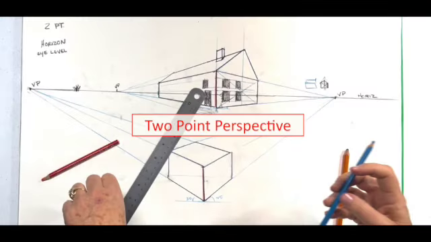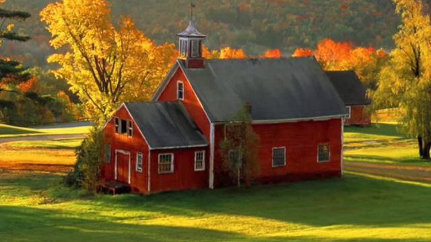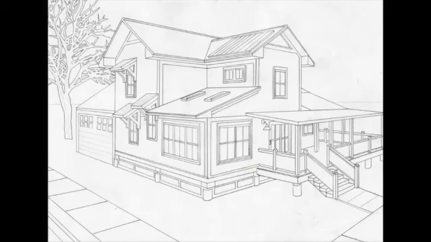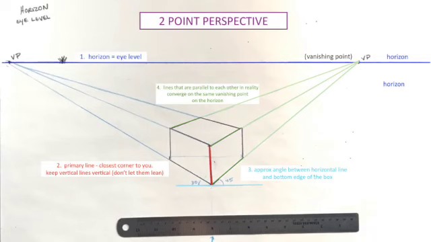Two-point perspective is the most common perspective used in drawing and painting. And if you're out on location or have a photo that looks like this and you want to capture it accurately so that the form is consistent and believable, you need to understand two-point perspective, even if it's just a still life like this. We're going to start with the foundations here, and I'm going to walk you through it,